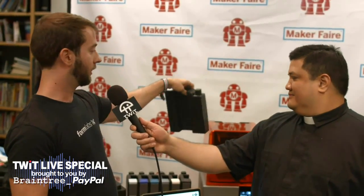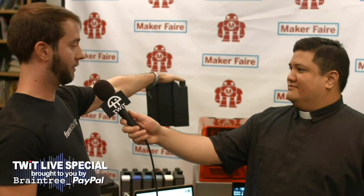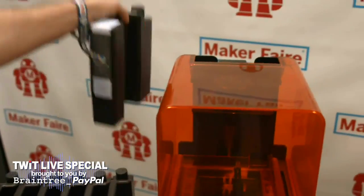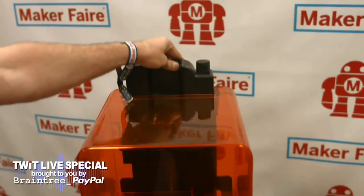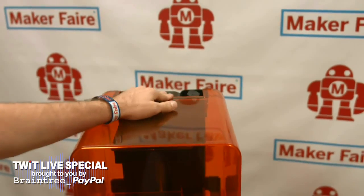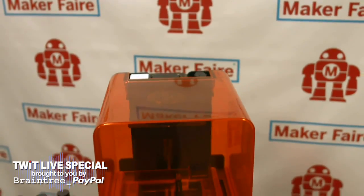It also has wireless connectivity, Ethernet connectivity, so you can work across teams, you can track jobs from everyone. You can get notifications to your phone if your job is completed or if your resin's about to run low. And we also have these new resin cartridges, just like a 2D printer. So you can load it and it'll automatically refill the resin for you as you print. You just select your print cartridge and you load it into the back of the printer, slide it down like a normal print cartridge on a 2D printer, pop open the air valve,